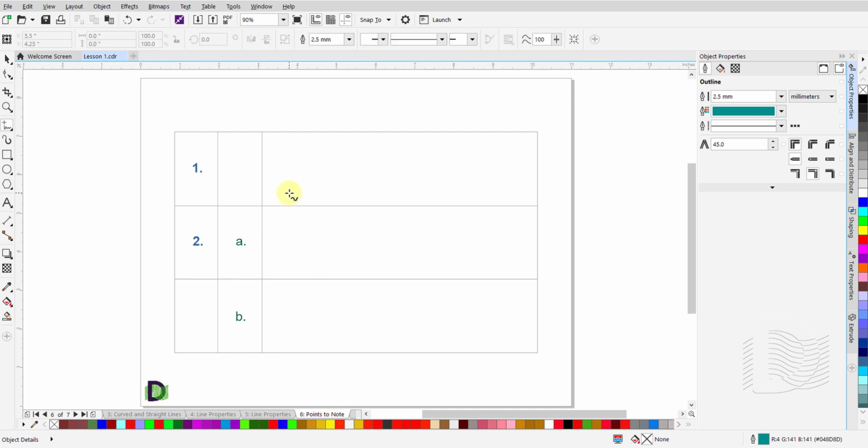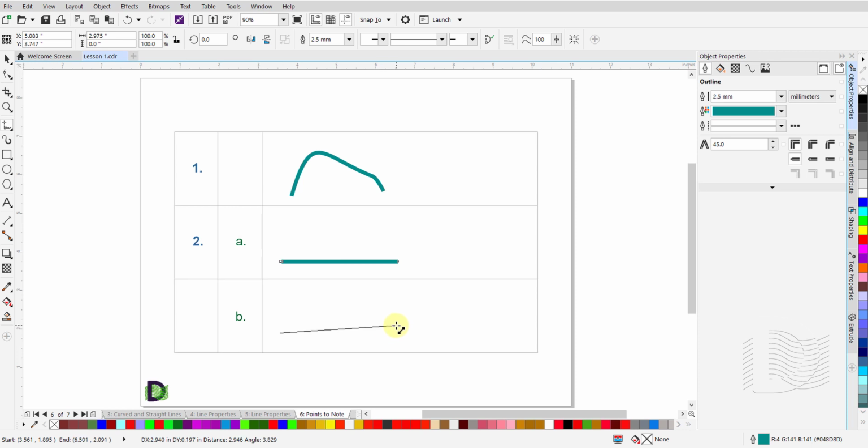Points to note. 1. To draw a curve, click and hold, then drag to draw the curve and release when you reach the end point. Cursor disengages from the page. 2. To draw a straight line, click and release, then drag the mouse to the end point. Here, at this point, A. If you click once, the cursor disengages from the page. B. But, if you double-click, you can continue and draw another straight line segment. Click and release the mouse button at the end point.